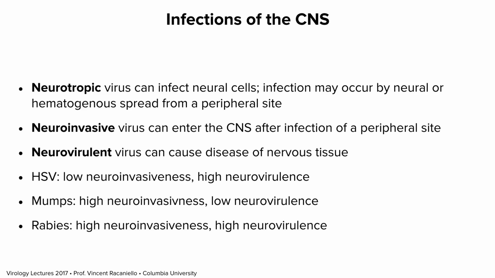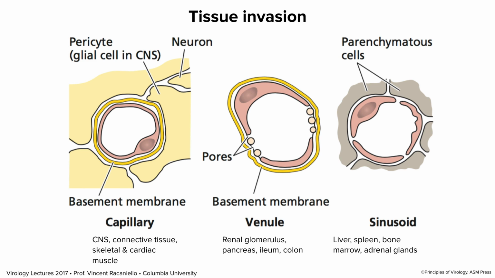And finally, rabies, high neuroinvasiveness and high neurovirulence. And this is a bad virus. Fortunately, we have a vaccine, but if you get inoculated with rabies virus, unless you're vaccinated, there's almost 100% chance it will get into your CNS. And once it does that, it's highly neurovirulent. So it's a really bad virus. Very few people have survived, as far as we know, rabies infection without being vaccinated. But the good news about rabies is it takes so long to get to the CNS that you have time to vaccinate after an animal bite. So we have three ways of viruses spreading: lymphatics, blood, and nerve spread.